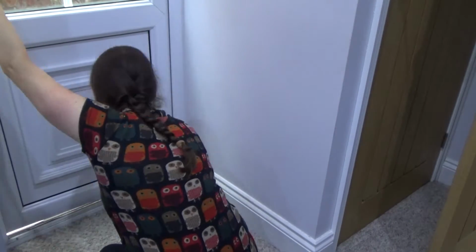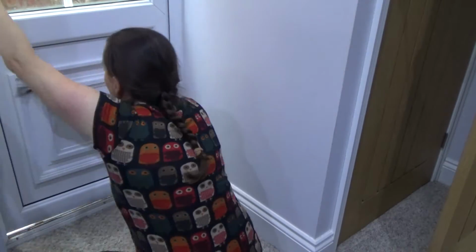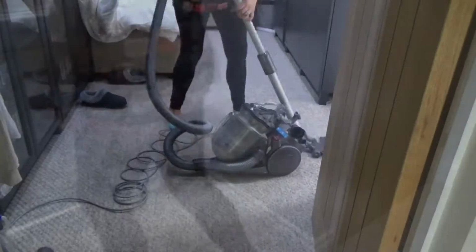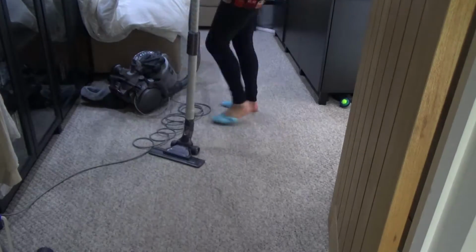So I stopped hoovering for a moment because I noticed the back door was a bit dirty, and it also had quite a few cobwebs around it as well. So I sprayed the door with some method cleaner and I just gave it a wipe down, and I also got rid of the cobwebs as well. And then I continued to hoover the room, and once I'd finished hoovering the room, I then set up the